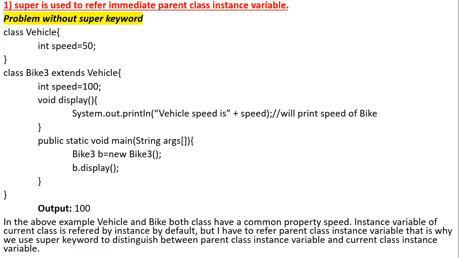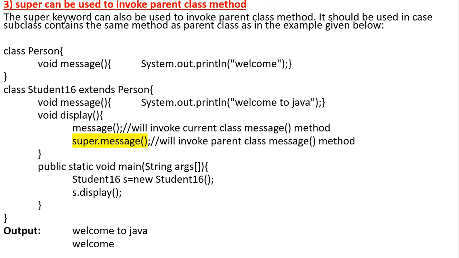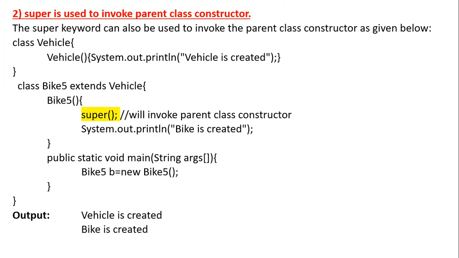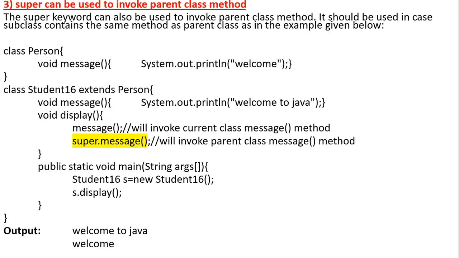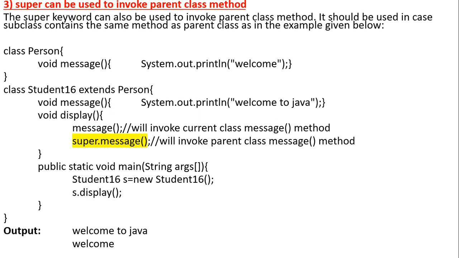So super is used to call superclass instance variables, the superclass constructor, and the superclass method. In the case of methods and variables, they have the same name in the superclass as well as the subclass. When it comes to the constructor, they don't have the same name, but to call the superclass constructor first we use this kind of definition. Okay, so that is about the uses of super. These are the uses, that is good, but now we have to write code without the use of super.